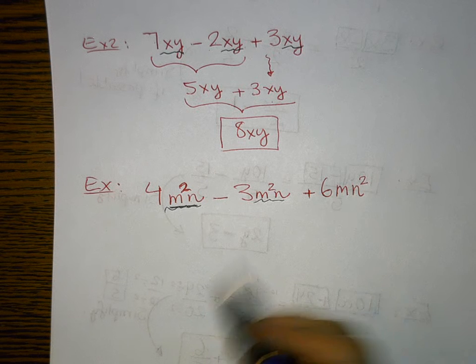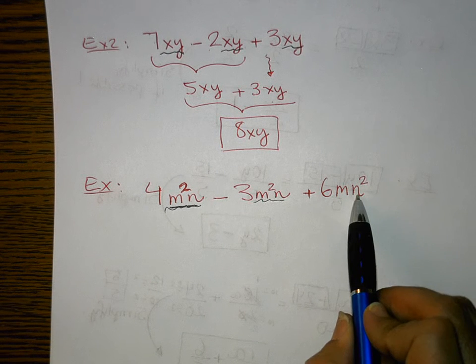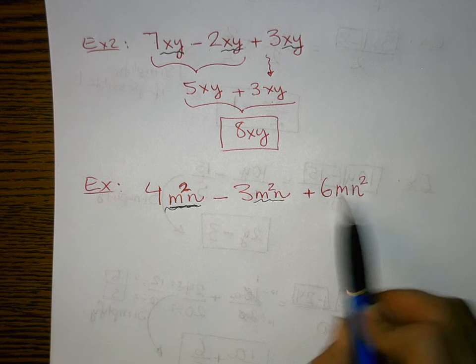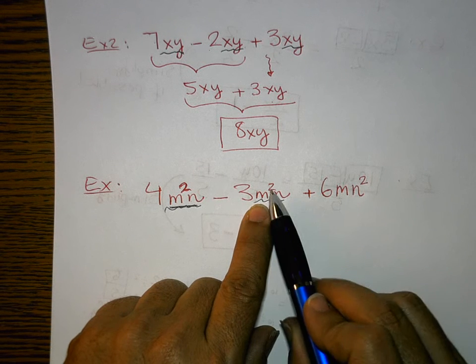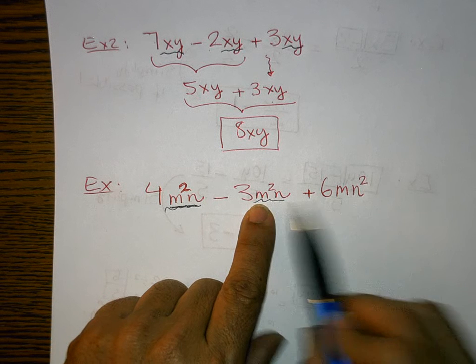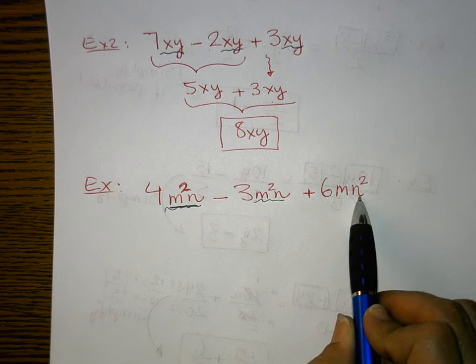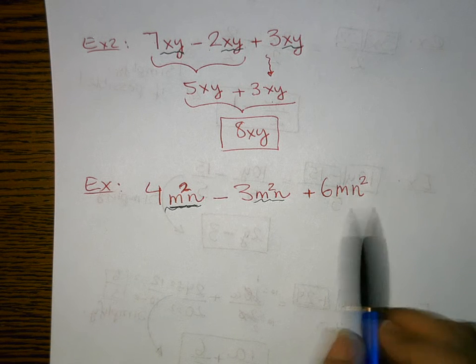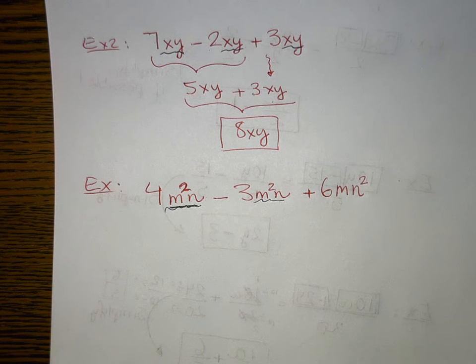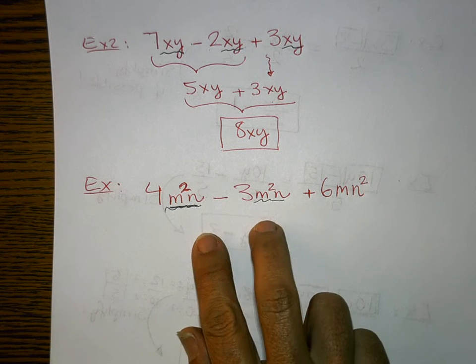Here I have a m, n is being squared. So this is totally different than this one right here. The m is squared, the n is not. Here the m is not squared and the n is. So this term, even though they all look the same, they are not the same. So I'm going to leave this guy completely out. Okay? I'm only going to combine the terms that are the same. So I have a